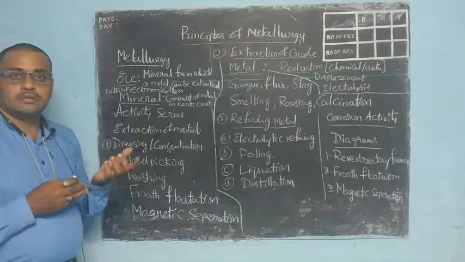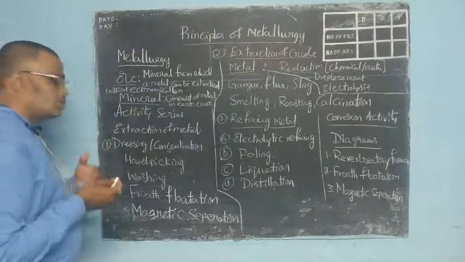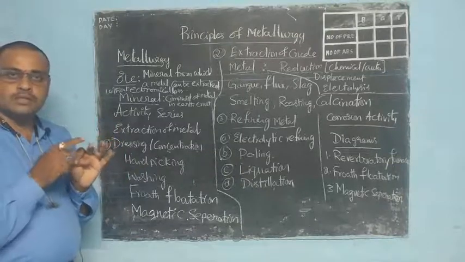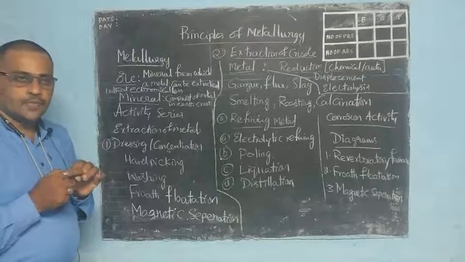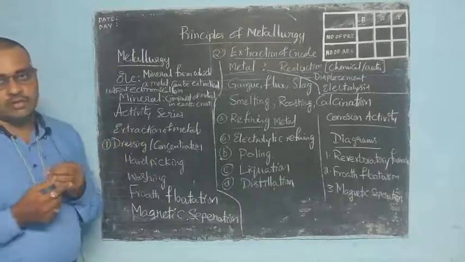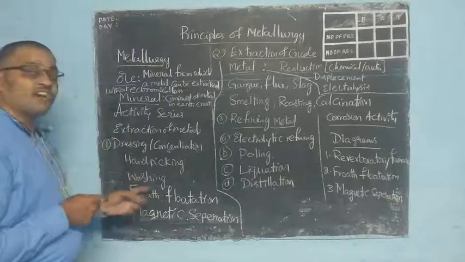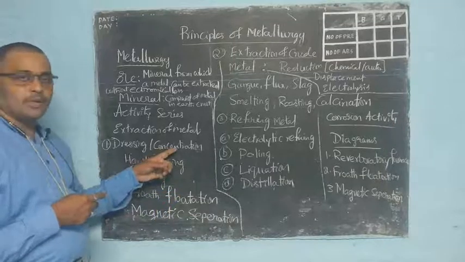pyrolusite, horn silver, like this, so many will be there. They are available in the forms of sulfides, carbonates, oxides, and chlorides. Sulfates are also available. Among these, particularly sulfide ores can be concentrated,